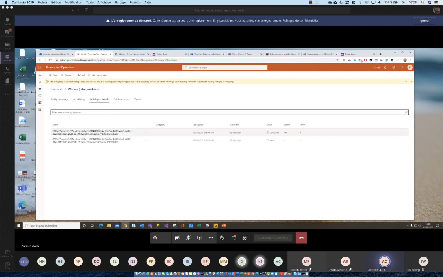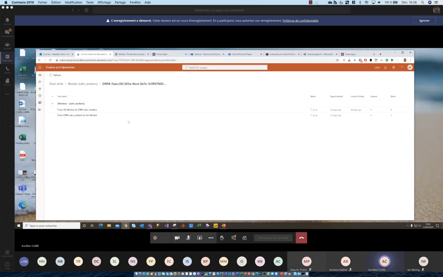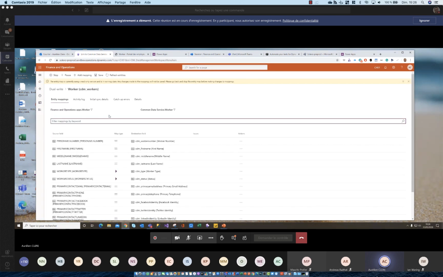You have the initial sync details if you have some errors. If you go to the task, you can check the error and know what is behind it. So you really have a lot of details about errors.